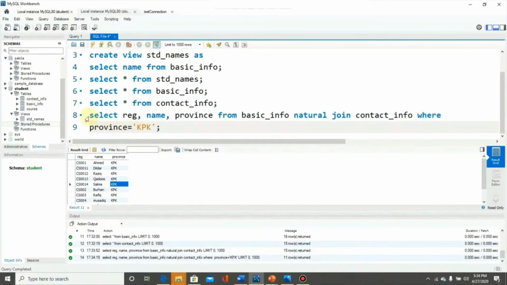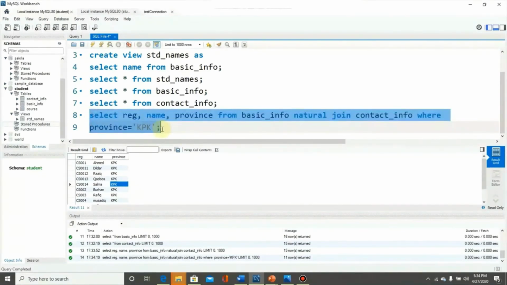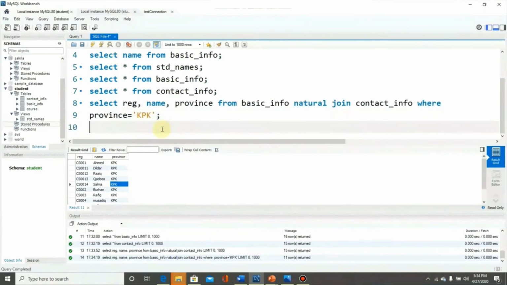So I'm using this query in a view. So I need to create a new view. So create view and here I type std from KPK and then as.